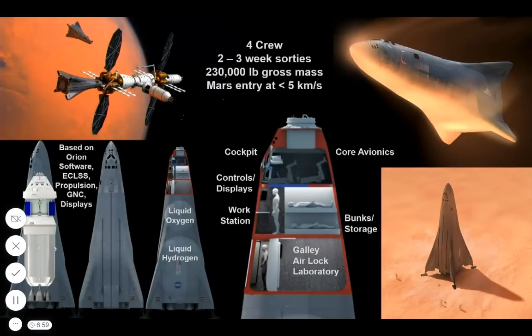So here's some more details about the lander, thinking about 3 crew, 2 to 3 weeks sortie. We've laid out conceptually the vehicle, basing it on Orion systems evolved for this mission. And one of the things that we've been working on is taking a look at, and if we could go to the next chart, taking a look at how the Orion systems that NASA's already